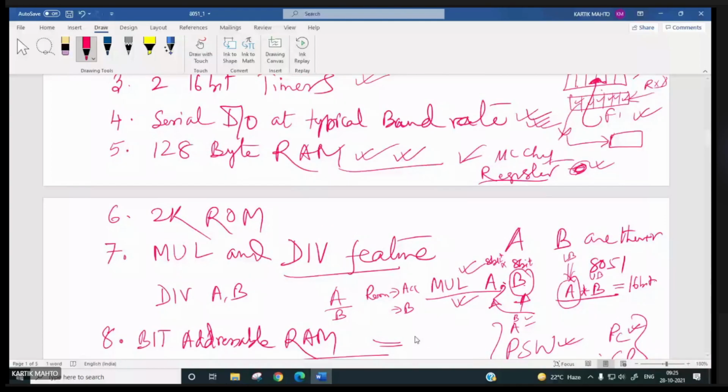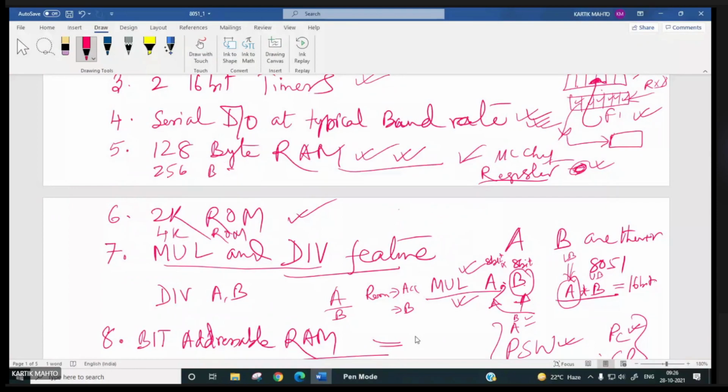Hello. Sir, is there 128 byte RAM or 256 byte RAM? No, in the advanced version there is 256 byte RAM, and this is 4K ROM, right? There are two types of 8051. In the advanced version of the 8051 microcontroller, we have 256 byte RAM.